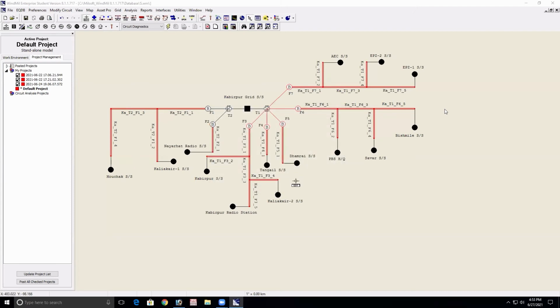So look, your problem is minimized. Everyone seeing these things, yes or no? Your problem, how to make your network error free. Okay, network error free. Next, look at the first feeder, your line.